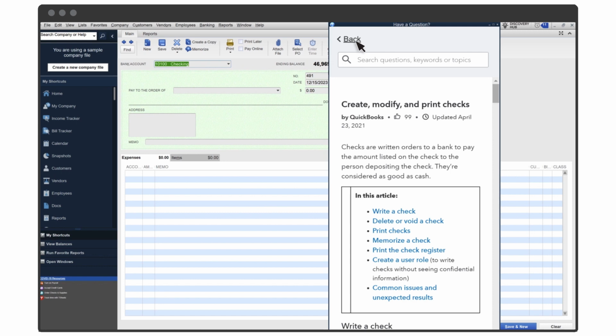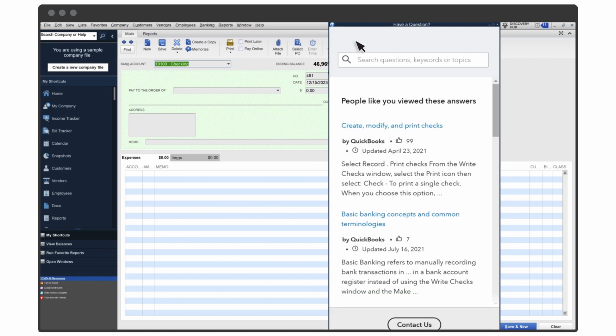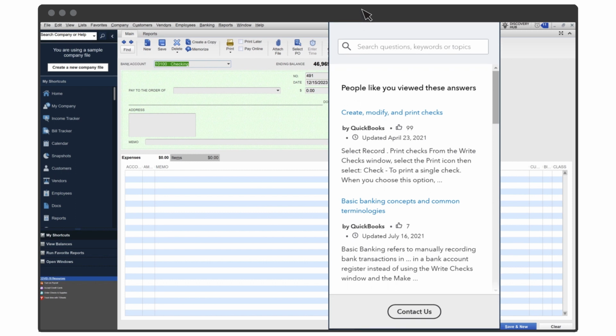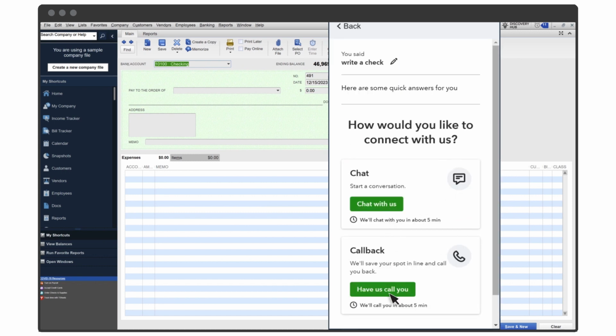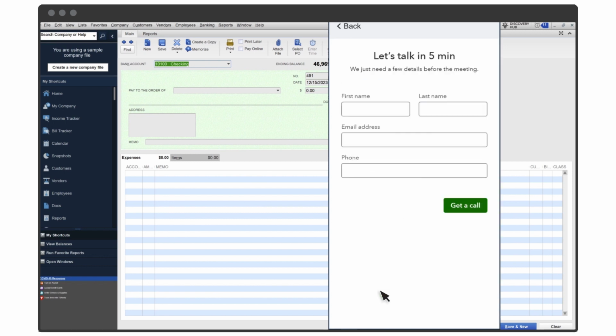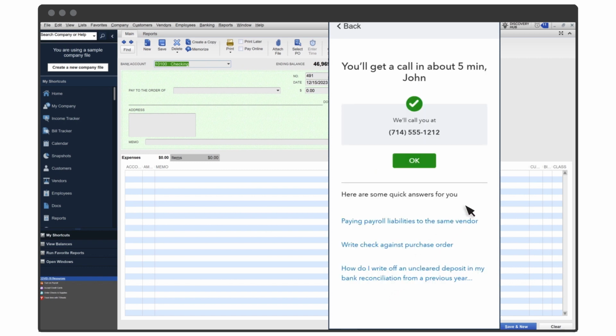If you still need help, select Contact Us. Let us know what you need help with. If you're having trouble seeing the Contact Us section, drag the help screen up until Contact Us is visible. Then you can start a chat with a support expert or get a call back from the next available expert. In both options, we'll ask you for some contact information so we can help as quickly as we can. We'll give you a time estimate for when you can expect a connection with our experts.